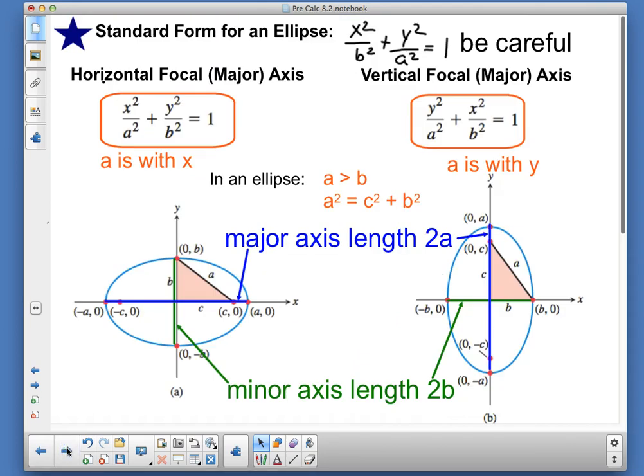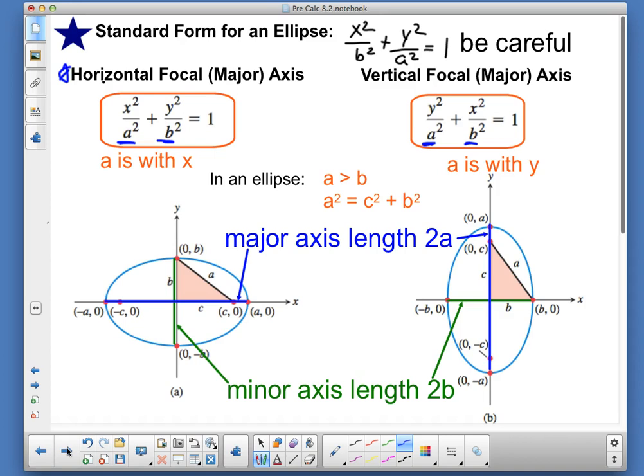Now, I've placed some stuff in this page that's different than the notes that you currently have, okay? I kind of color-coded it. The first thing I want to talk about is the horizontal focal major axis, okay? Pay attention to little things. Do you see a squared and b squared here? I've got x squared over a squared plus y squared over b squared. Check out y squared over a squared, x squared over b squared. This could be really confusing